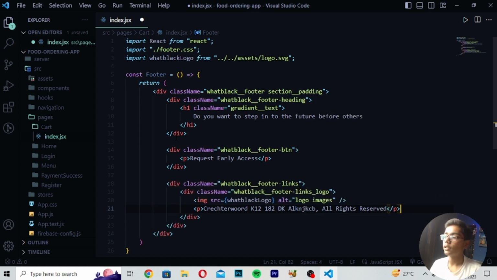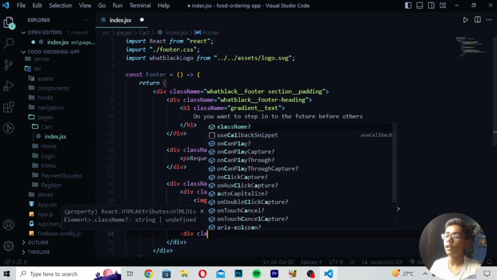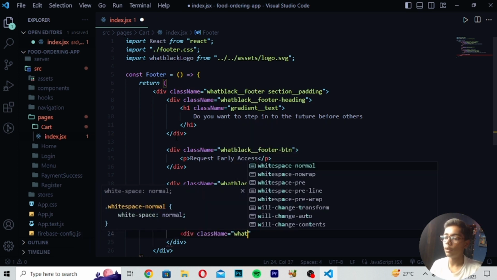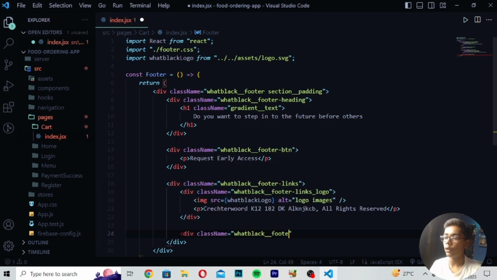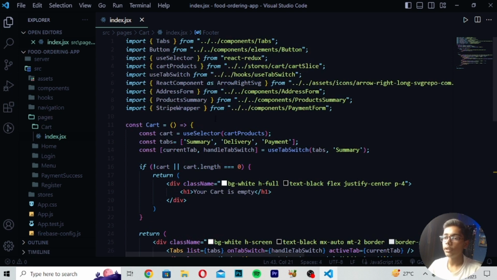After writing these all stuff here, I will be now moving down, and then you have to write here div. So after writing the div, you have to now just give it the class name here in this div, and in this div I will be now writing here font black underscore footer. Then you have to write here links value and underscore div. Okay, so I will be doing one thing here, like we are getting these all values, so I have not